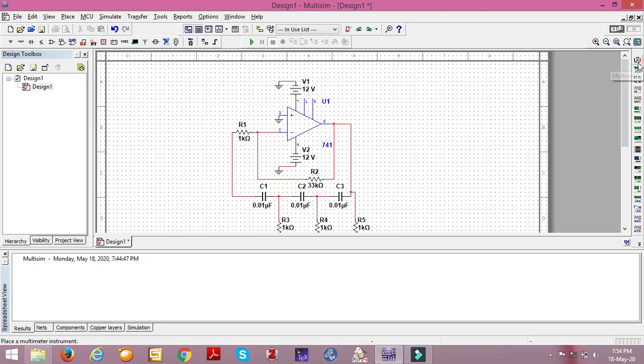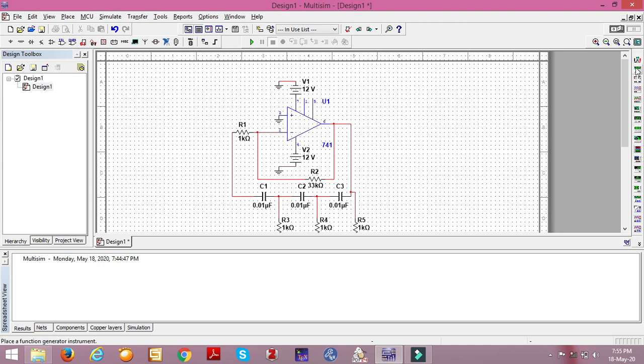It is required to observe the output voltage or output waveform. There are a number of instruments presented over here: multimeter, function generator, wattmeter, oscilloscope, Bode plot. There are a number of virtual instruments.